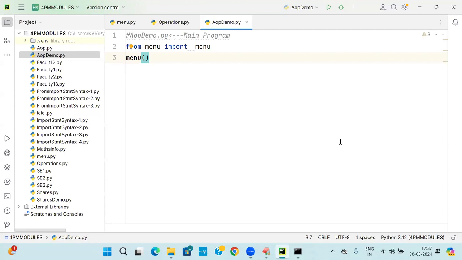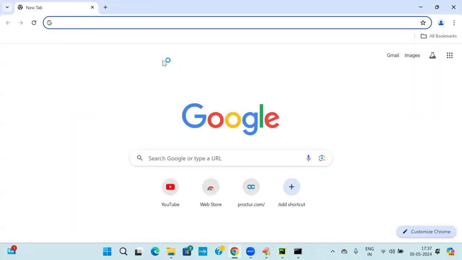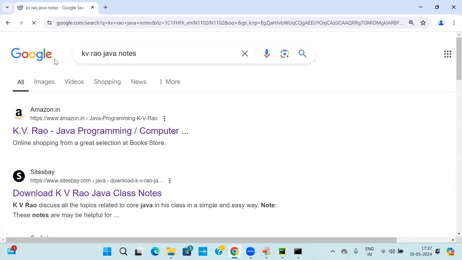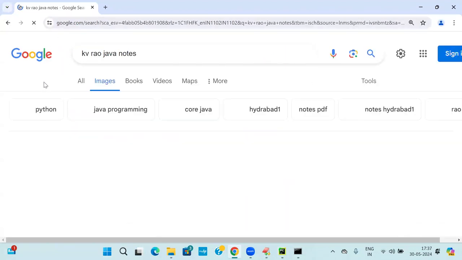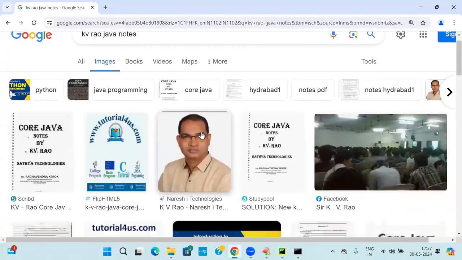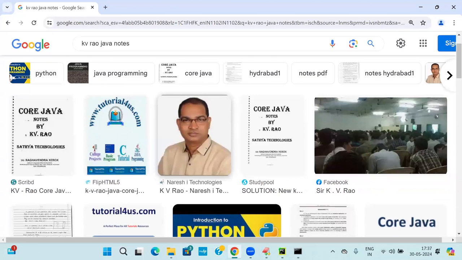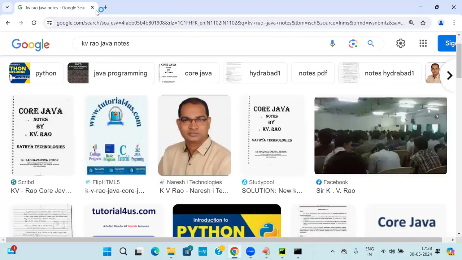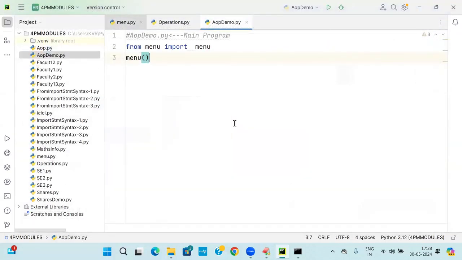Chinnababu, your hairstyle is very good, sir. When you have seen, my dear student, you are online. You might have seen it on Google. K.V.Rao, go to images. Maybe you have seen this hairstyle. Okay, come on. Anyhow,